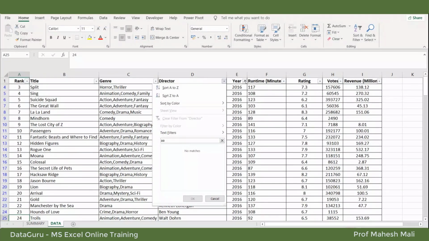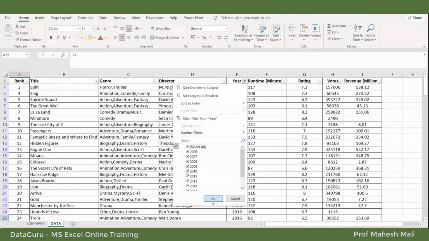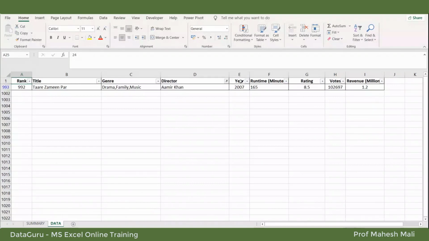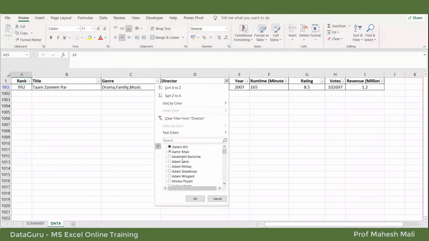Okay, I have one more filter already applied. See, Amir Khan, only one. If I go for Adam Leon, only one movie.